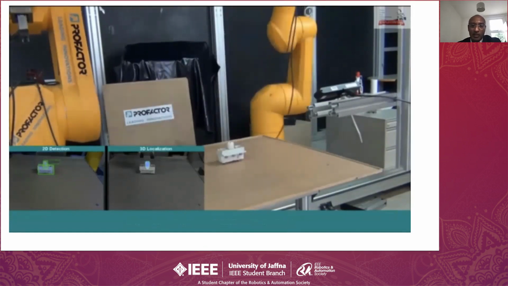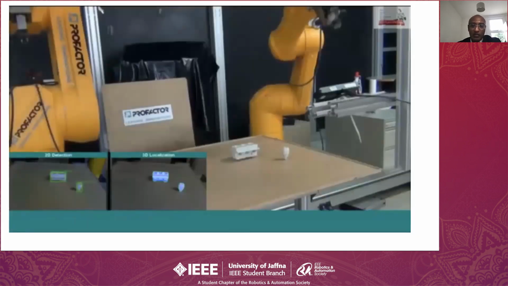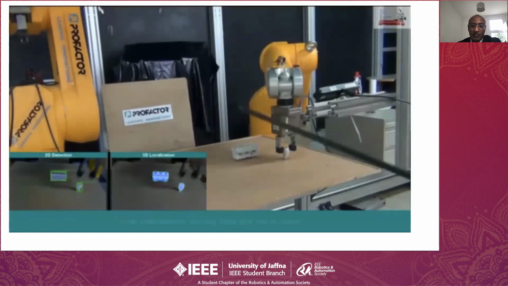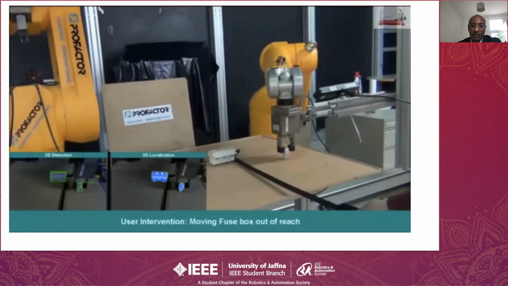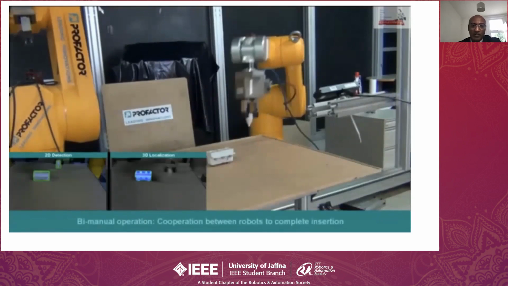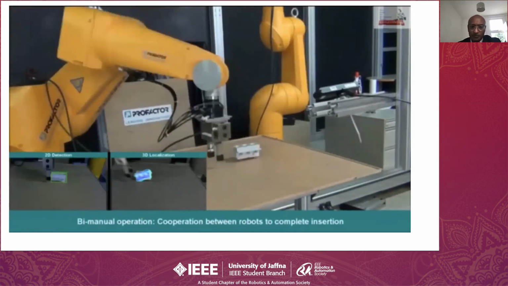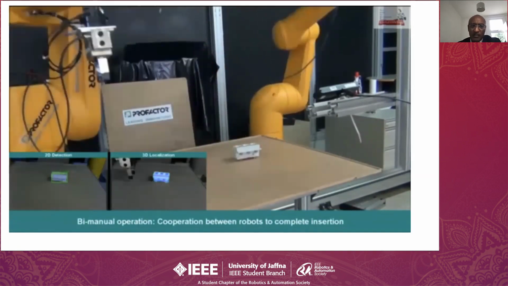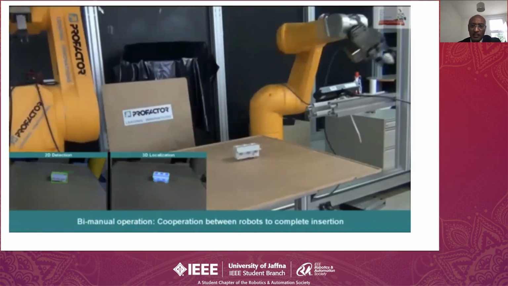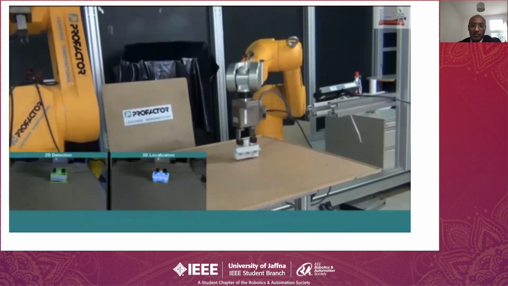And then we went beyond that and checked if there can be any collaboration between two robots. One robot, let's say if we move that piece further down and the first robot cannot really reach that, or it is not safe to reach, another buddy robot can come and help that robot. So this kind of collaborative intelligence can come into this kind of work cells, and this can be extremely useful for